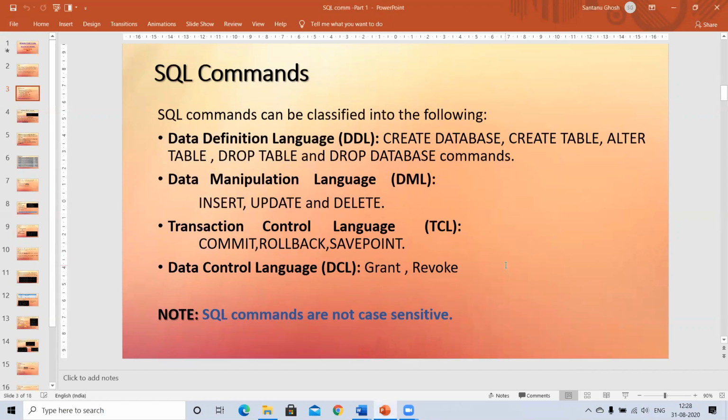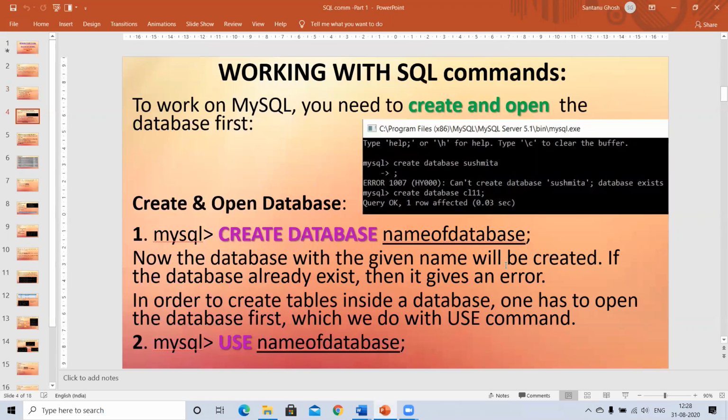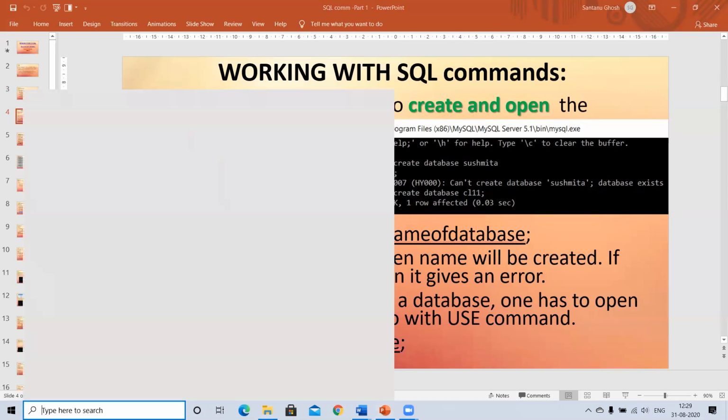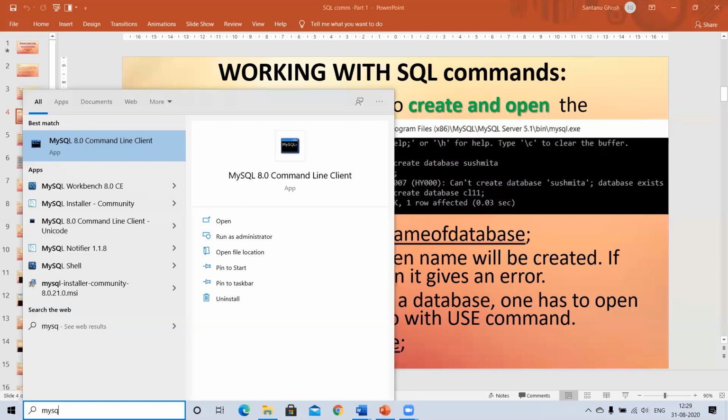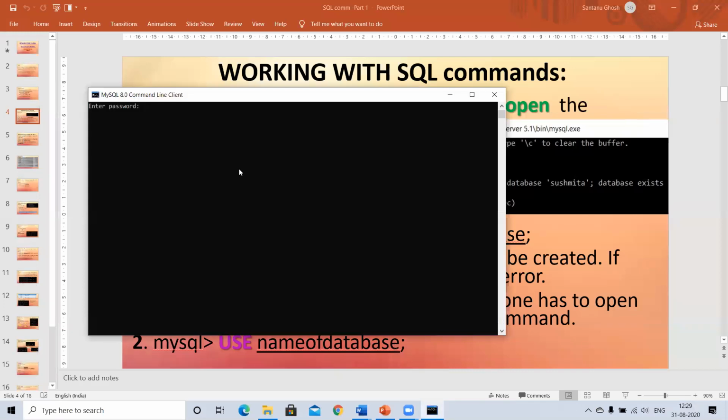Next, we discussed the environment now, that is how do I start working with the SQL commands. The first thing I am going to repeat is, once the installation is done, I go to my SQL command line client, which I open. It asks for the password which you set while installing MySQL.